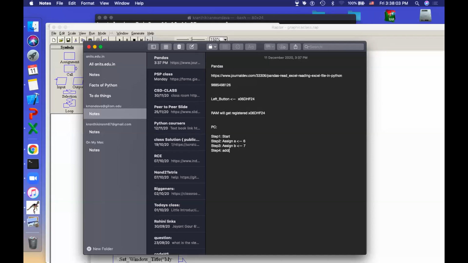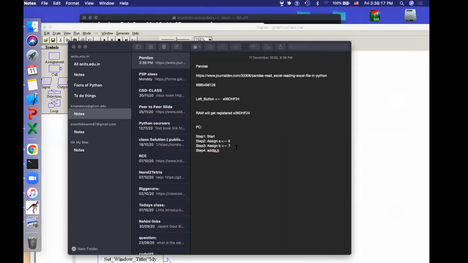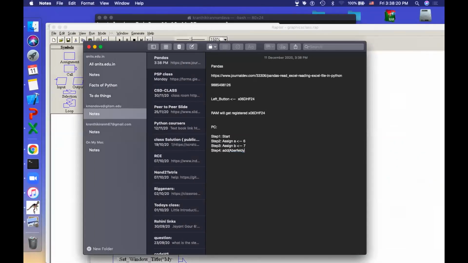So add of a comma b comma output. Okay, this is what we are doing, right? Even if you mention output or not, that's not a very big problem. I will end it with this. That's all.